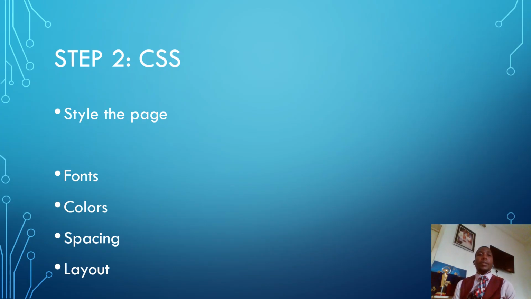Then your CSS styles the page. It adds fonts. You indicate your font, you indicate your colors, you indicate the spacing, you indicate your layout with your CSS while you're building. So that is step 2 of building your website. Remember that you have one file first. You create a file with HTML, then you style it. And once you're done,